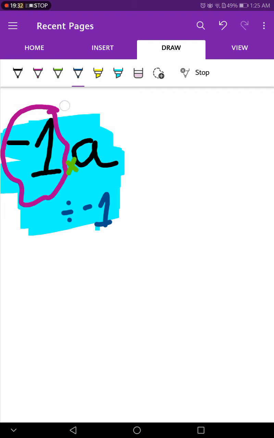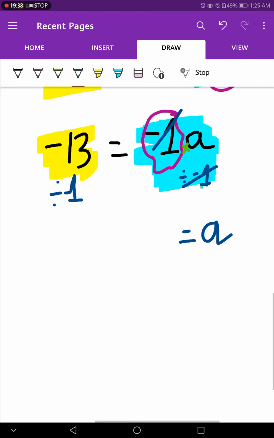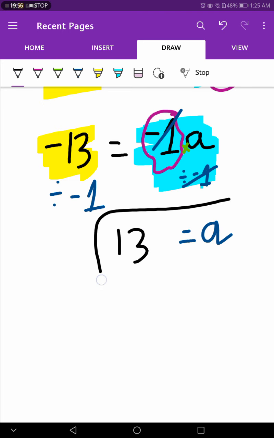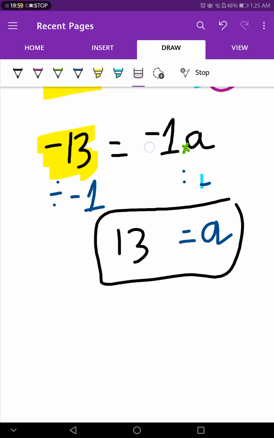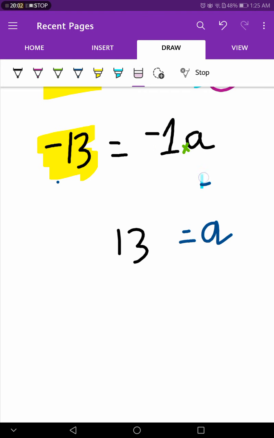Okay, from here I cancel this, and the a comes down alone without any negative, and negative divided by negative, you see, I will rewrite it again. It is negative 13 divided by negative 1. The dividend is negative and the divisor is negative, so the answer is positive: 13 divided by 1 equals 13. Or you can do it the easy way: if you have a variable with a negative sign, you can just eliminate the negative and take the opposite of the number